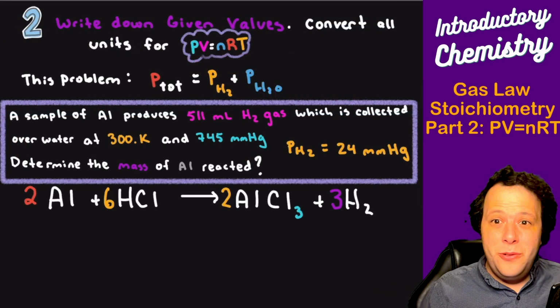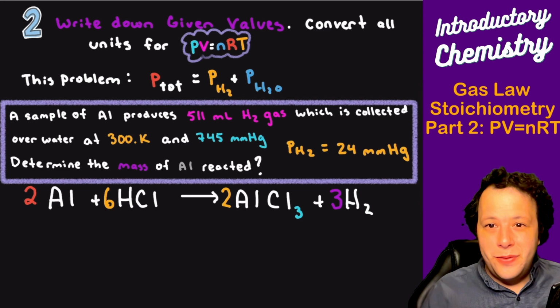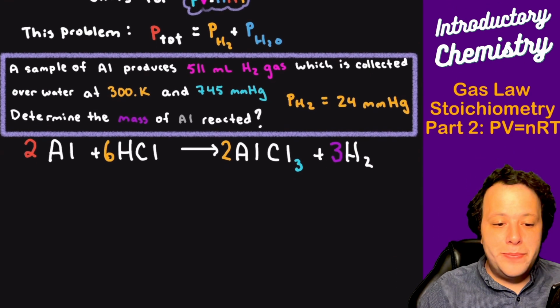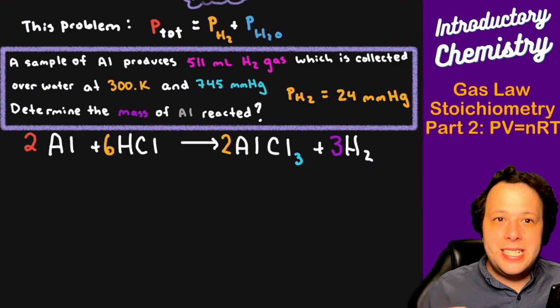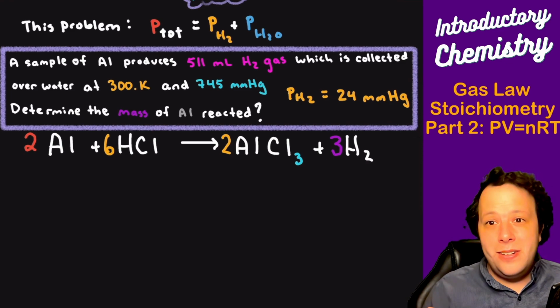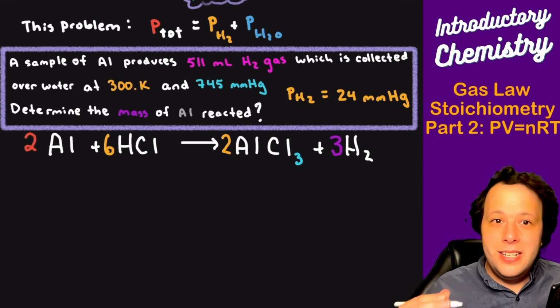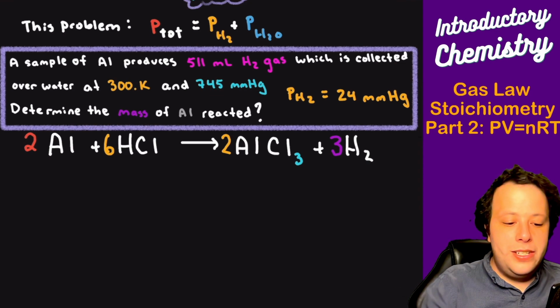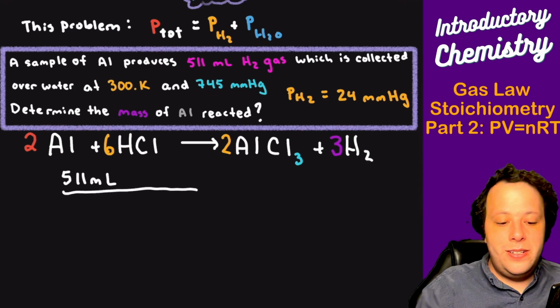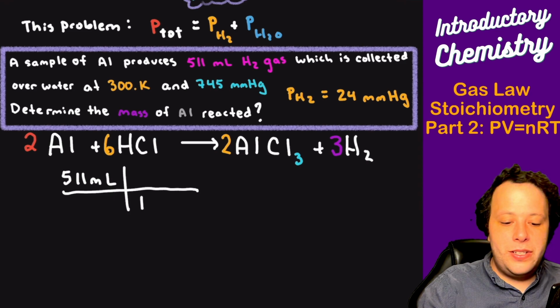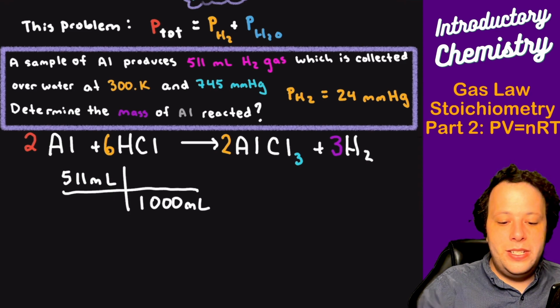All right, you now want to write down all the given values and convert them to the units that you find in PV = nRT, so that you match your ideal gas constant. So let's write everything down in the problem. The first thing that we had is that a sample of aluminum produced 511 milliliters of gas. Now, if you remember, the ideal gas law constant needs the volume in liters. So what we're first going to do is convert that to liters. So 511 milliliters is essentially equivalent to, since 1,000 milliliters is 1 liter,